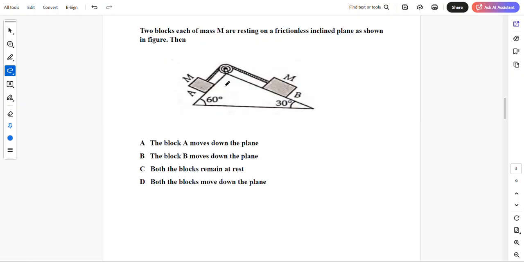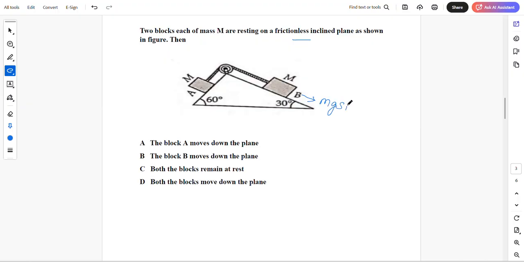Two blocks each of mass M are resting on a frictionless inclined plane as shown in the figure. Then the block A moves down the plane, the block B moves down the plane, both the blocks remain at rest, both the blocks move down the plane. Now whenever angle theta is there, you know the force due to gravity is given by